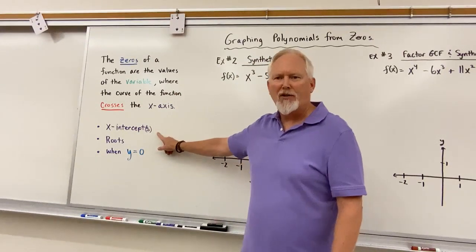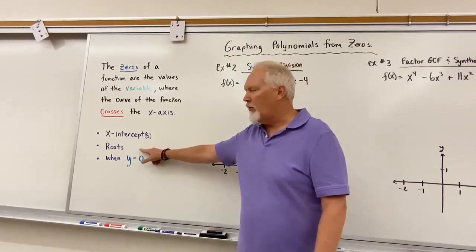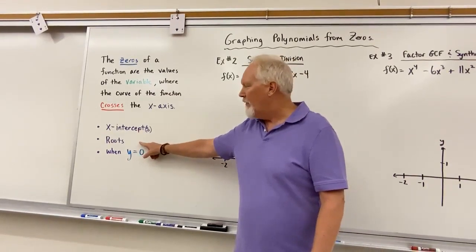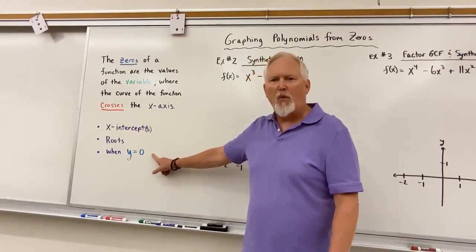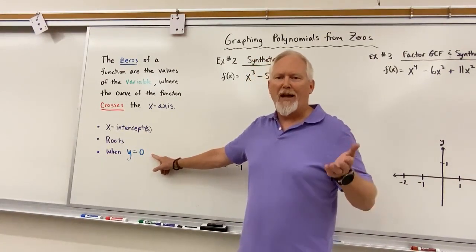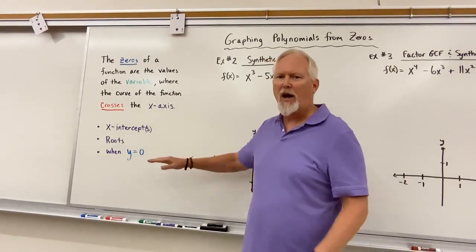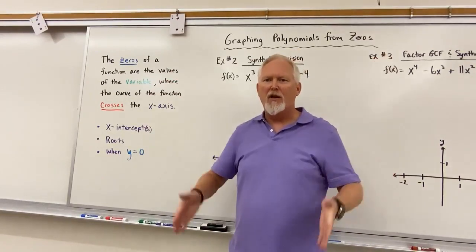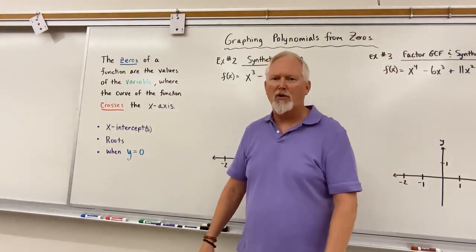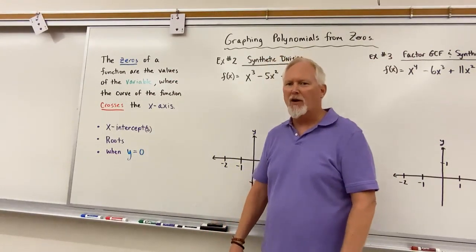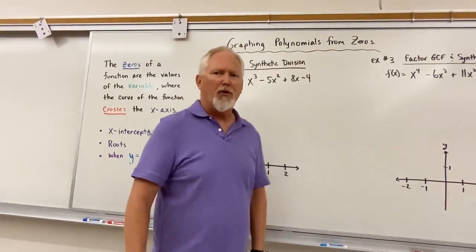We could also call these x-intercepts. We've called them roots of the function, and this is really when y equals 0. When x equals 0, that's when we're dealing with what crosses the y-axis. But when y is 0, we're bringing everything down, and we just want to know where that function crosses the x-axis. Okay, so we look at example number 1,